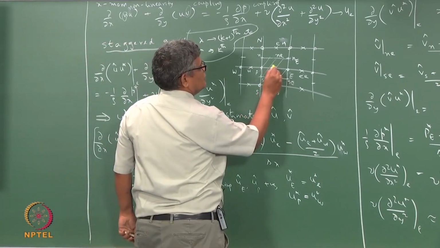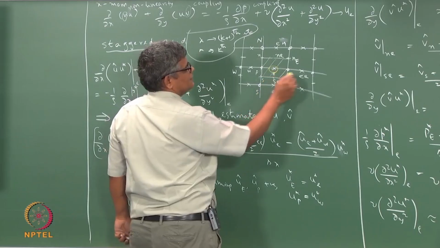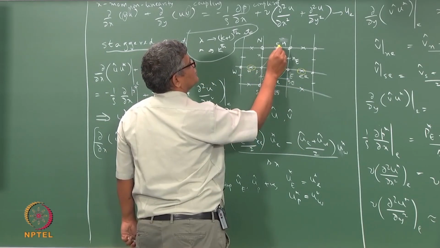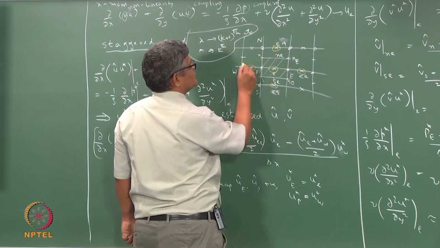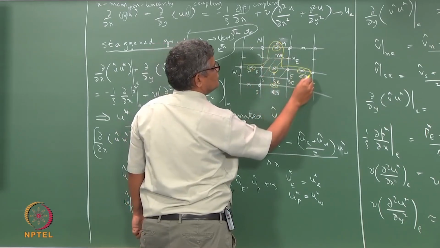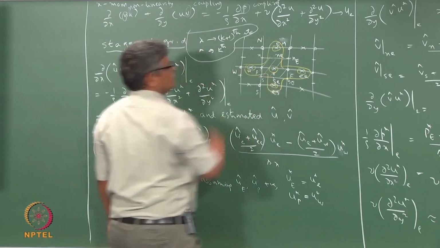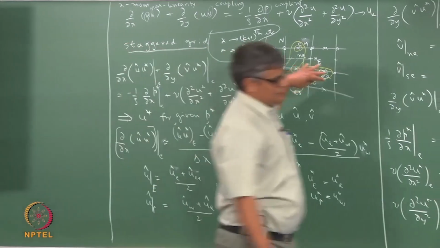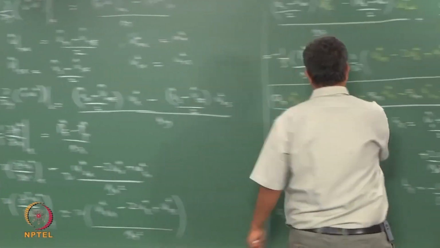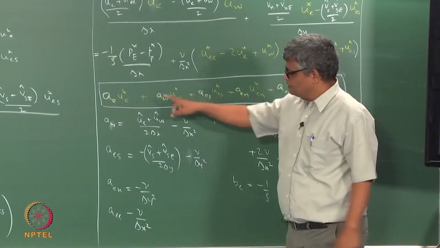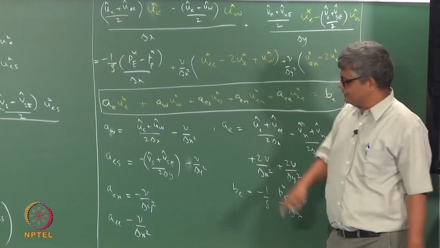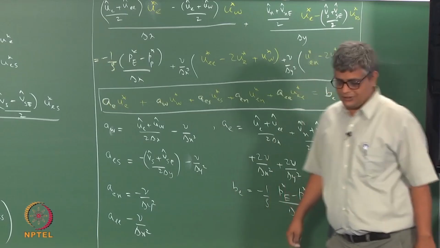So we have u at E, u at east, u at west, and u at east north and east south. So this is our computation molecule, and these are the 5 variables. Okay, these are the 5 u velocity components which appear in the discretized equation with these coefficients here,